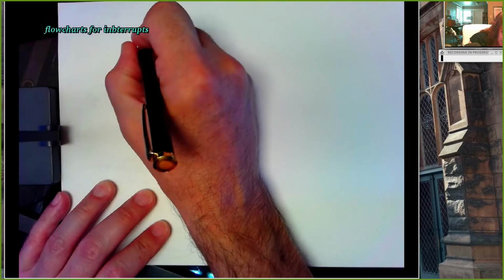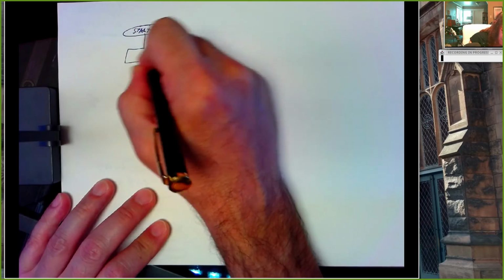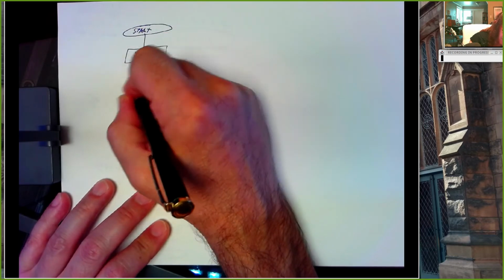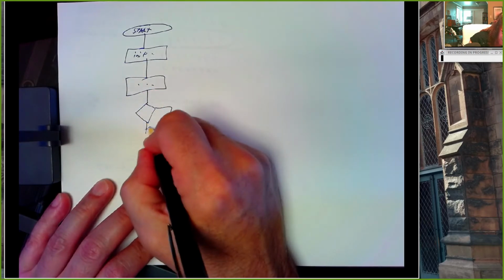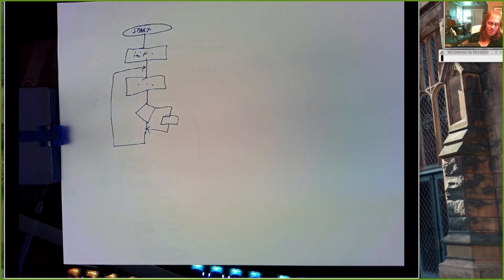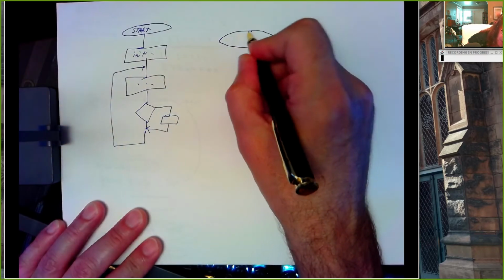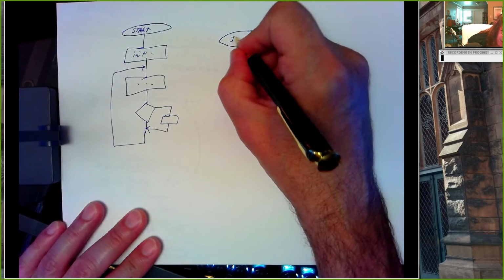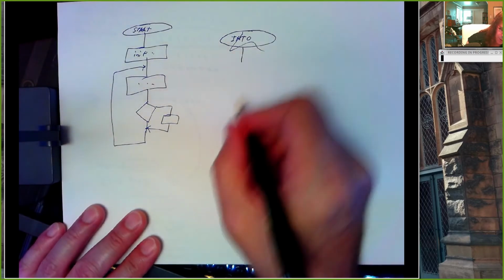Assuming you can spell interrupts. So, here's our main program, and we do some init, and we do some other stuff, and maybe we do some stuff here, and we got some loop going like that. But when you get an interrupt, presumably you've set this up so that when, say, a high priority interrupt occurs, something else happens. So you can represent that in your flow chart by putting something in here and saying something like int 0 and showing what to do. Or by saying,